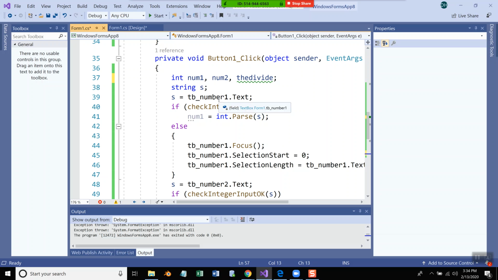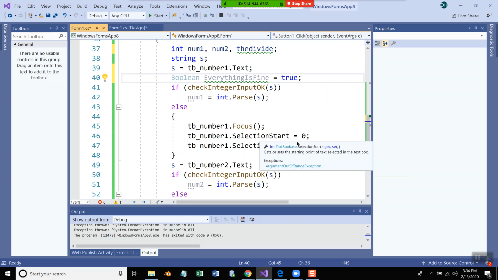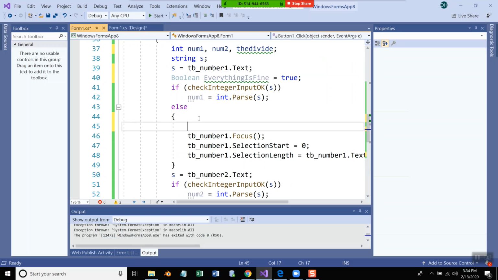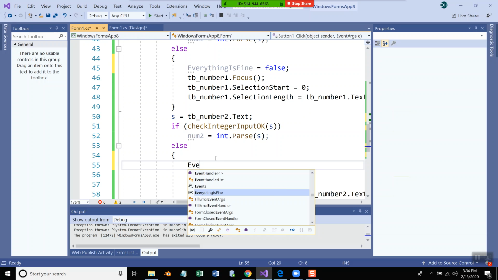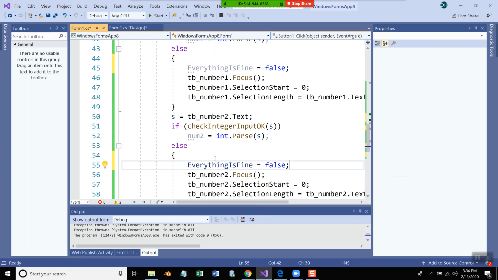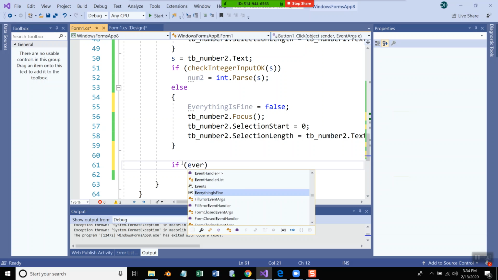I can set a flag indicating that everything's fine. Boolean, everything is fine. And I'll set that true to begin with. Now, if something blows up, like this else here, then I'll say everything is fine is equal to false. And down here, I'll say everything is fine is equal to false. So down here, when I'm getting ready to do my division, I'm going to say if everything is fine,